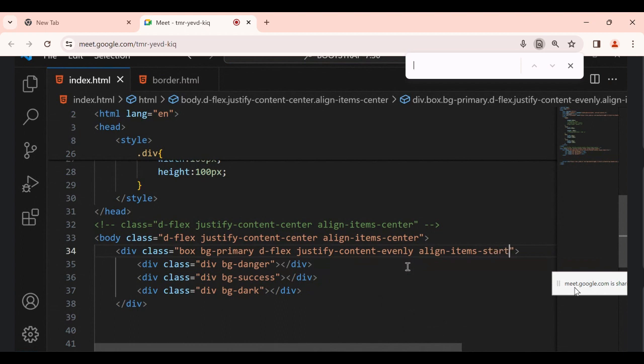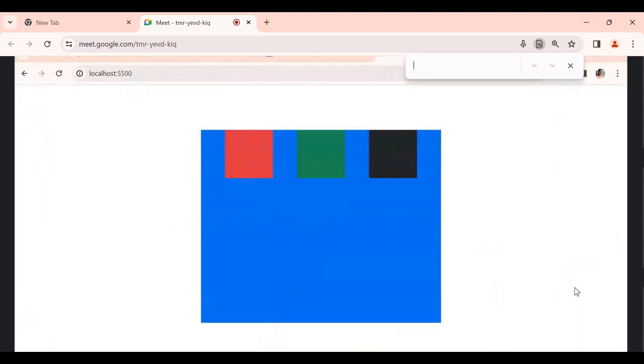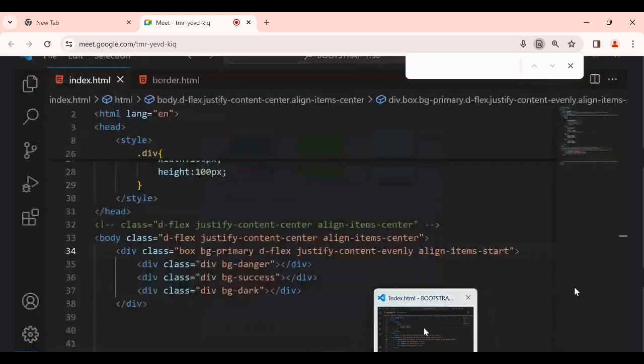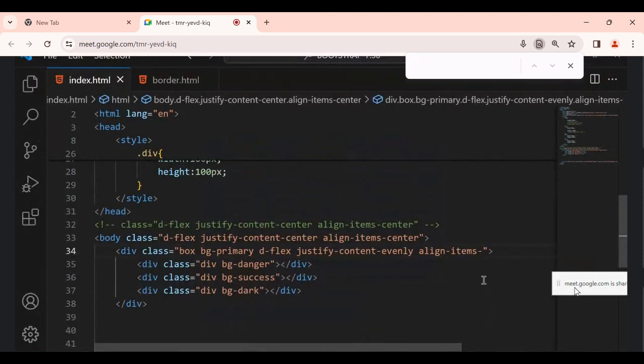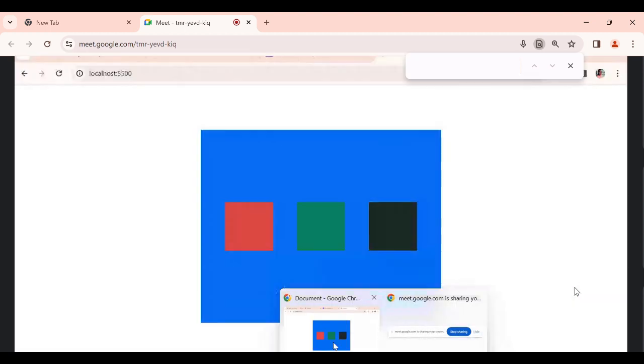Now next, align items. I will give start, meaning where it will sit: starting, vertical movement. I'm telling you, see, align items means vertical movement it will take, and justify content means horizontal movement it will take. Right now I'm discussing this vertical movement. Starting means starting position only, and next I will take center, meaning it will sit vertically center. Are you understanding? See,